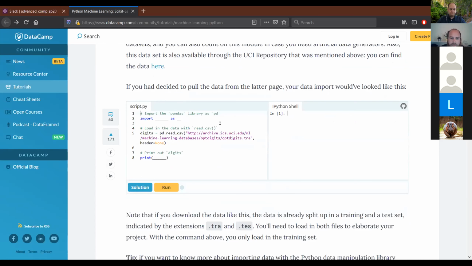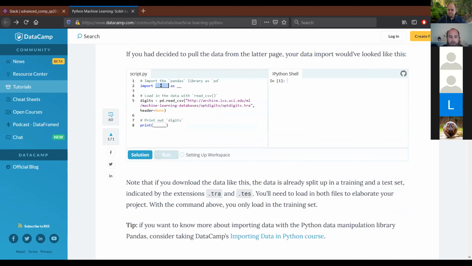So down here it talks a little bit about pulling from a pandas repository. So say this is data that you have, the spreadsheet data, and you're wanting to put it into machine learning. This is where you would use it. So we're going to import pandas as pd. PD is, as we know, the common abbreviation for pandas. So now we're going to run this, where it's reading CSV. I'm not quite sure what that is, but it's how pandas is able to read in from a data site, and you can tell that it's training data that we're feeding into it because it has a .tra. It should say up here a little bit that